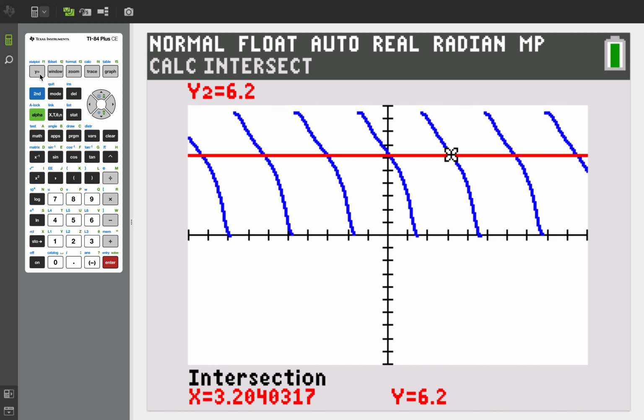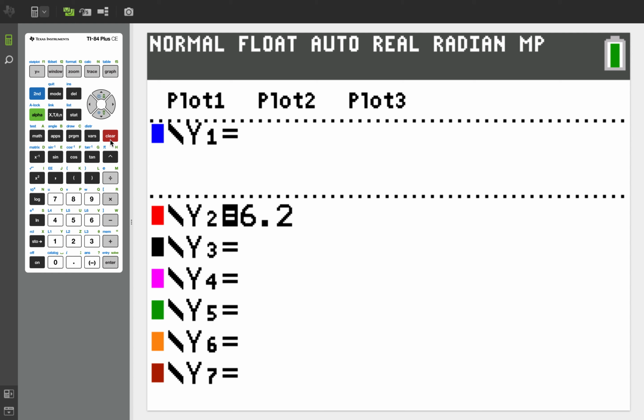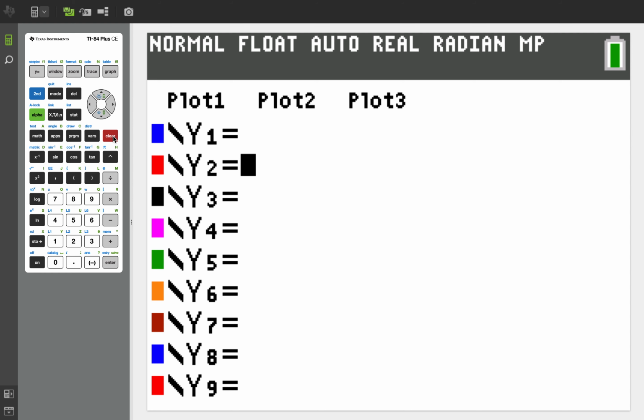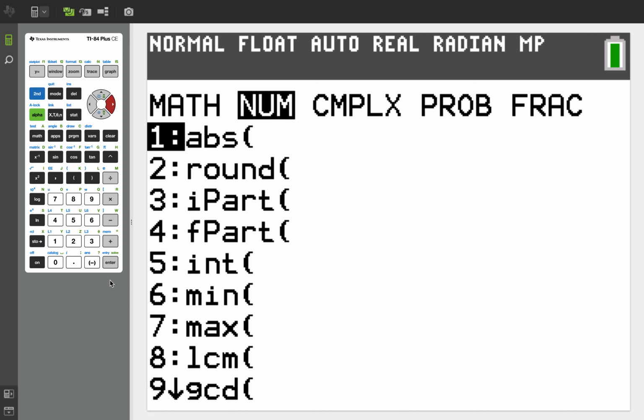Okay, another method, instead of finding the intersection, this is what I prefer to do, because sometimes they may not intersect in your window, and that can be a problem. So option 2, what I'm going to do is set that equation equal to 0. I'm going to move the 7 over, and I'm going to move that subtract x over to make it equal to 0. So I'm going to go to math, number, absolute value,